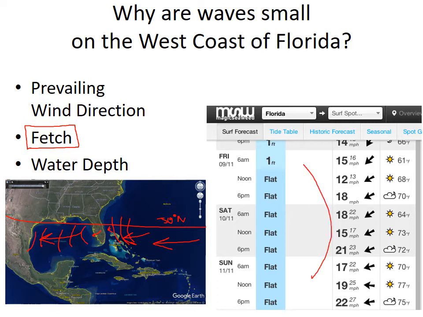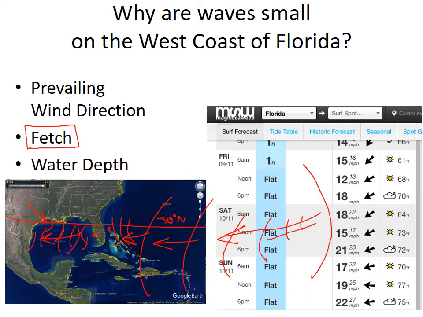And so the winds have a long stretch of ocean across which to push up waves that get bigger and bigger and bigger as they build momentum and get pushed and pushed by the wind as they're going across. In the Gulf of Mexico, even if the wind is blowing the right direction across the Gulf, which it does sometimes in the wintertime, it doesn't have as long to build up big waves before they run